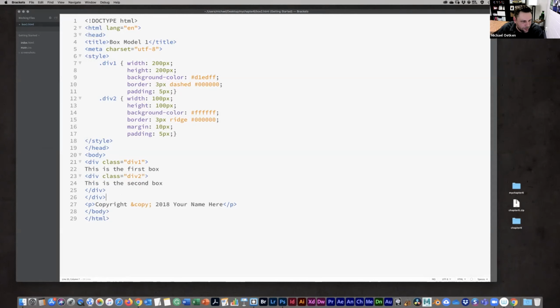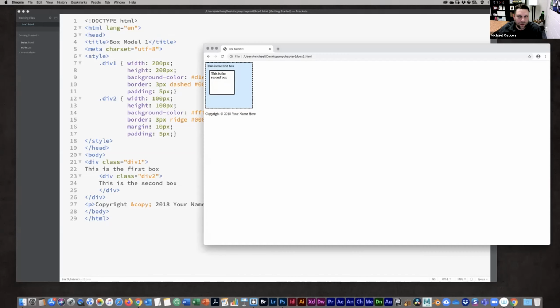All right, so to kind of see this, let me tab these over. Visually, it might make more sense. All right, so we got our first div, right? And that thing is wrapping not only the text that's in there, but it's also wrapping that second div as well. Okay, so what we're doing is nesting those divs inside of each other. This is a common practice in web design, to do nesting divs. All right, so let me save this and we'll see what it looks like then on the browser.